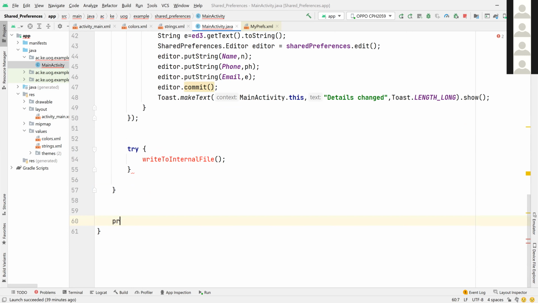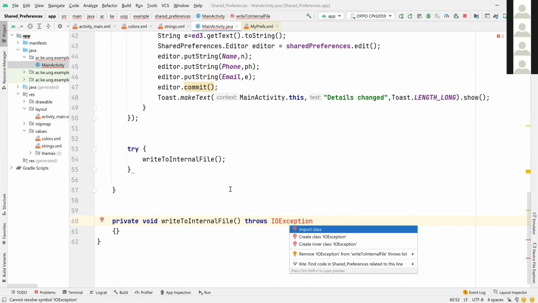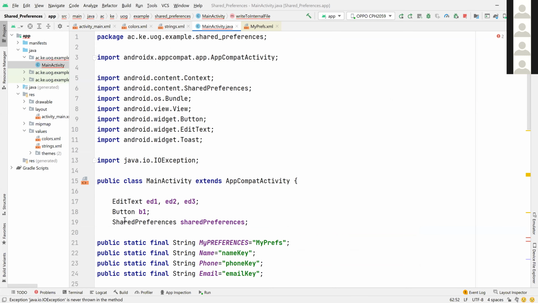So private void writeToInternalFile. Now this method, I have said it throws an exception. So, and it throws